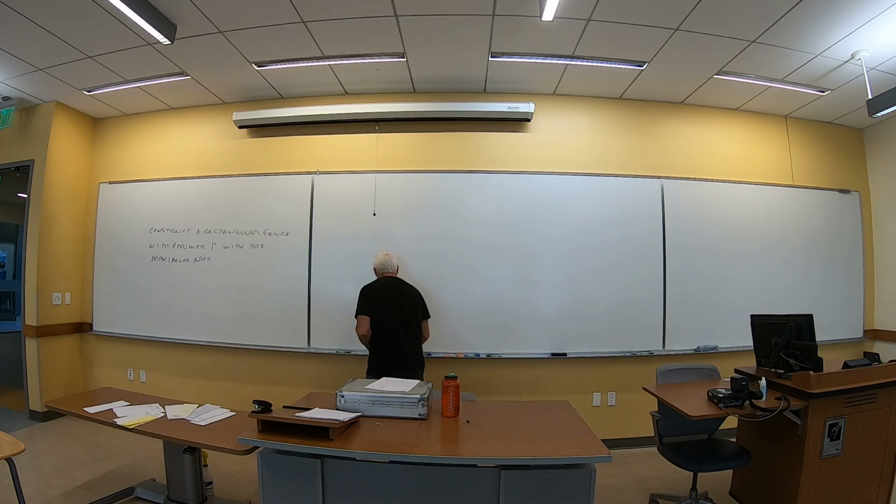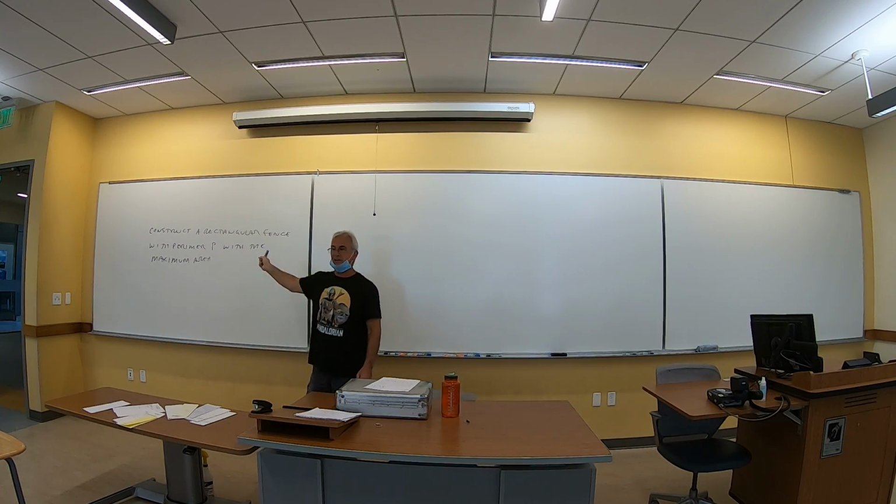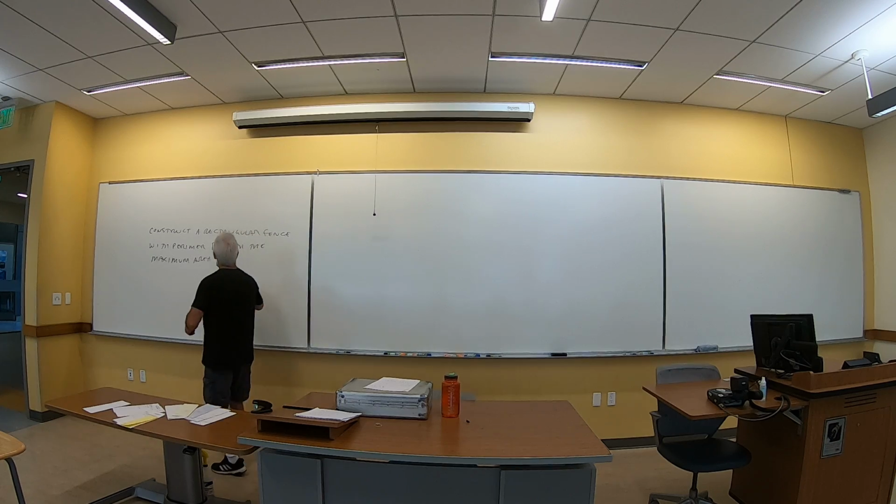So this is the first problem I always do in Calc 1 for optimization to kind of get us started, because this is the first time you've actually done a calculus problem with what's called a constraint. Because if I just said maximize a function, well, I take a derivative, I set it equal to 0, life is good. But I have a constraint. In this case, I have a constraint on the perimeter. So